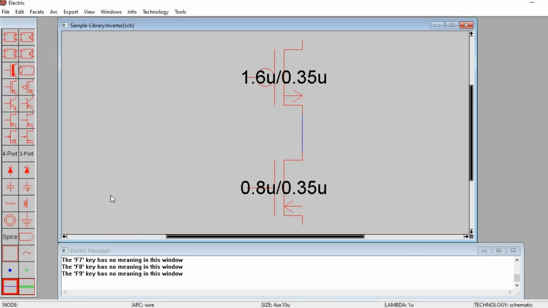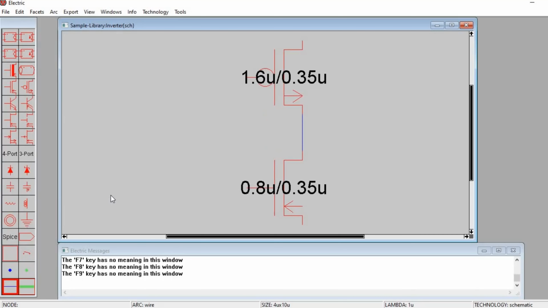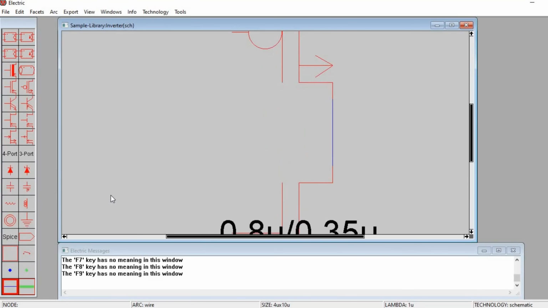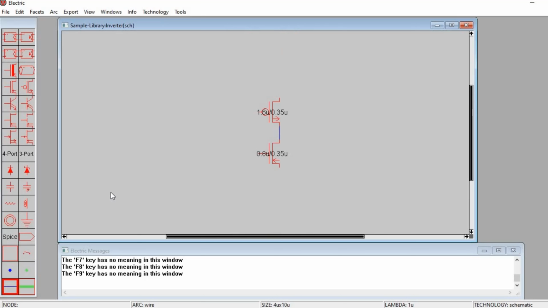To adjust your view, you could use Ctrl 0, zoom out, Ctrl 9 best fit, and Ctrl 7 zoom in. So we'll try to zoom out so we can add other components. So let us just get the other components.